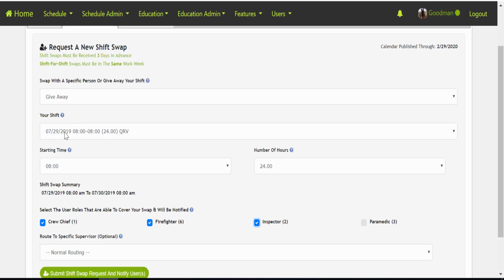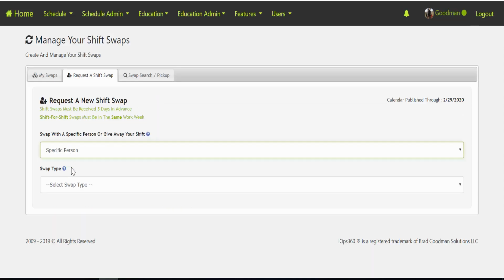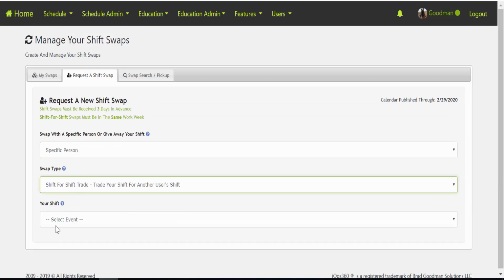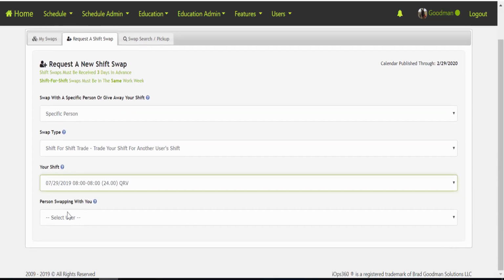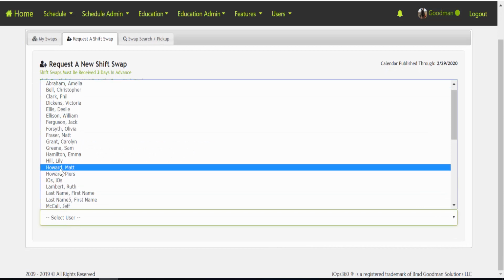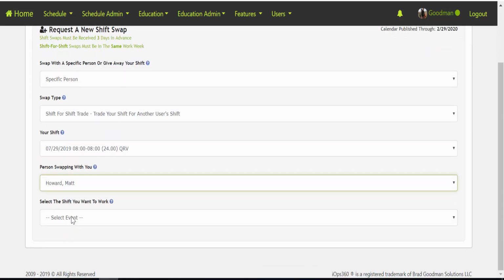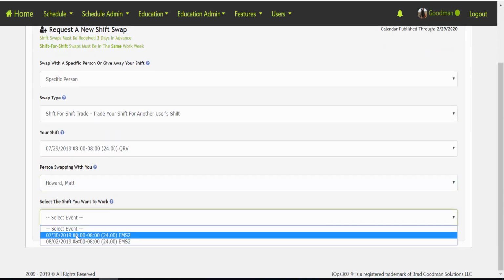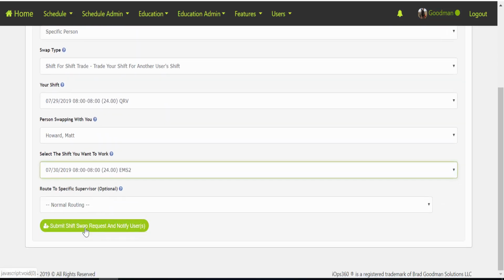So with all of these, you're going to pick which shift that you want covered. In this case, we've got 729, the 24-hour QRV, and you're going to basically designate which hours you want to give away. Same thing if you're doing it with a specific person. It's going to ask you for your event. Then you'll see the second person, whoever's going to be covering you. We'll say Matt's going to cover me. We'll have a list of all of Matt's shifts,